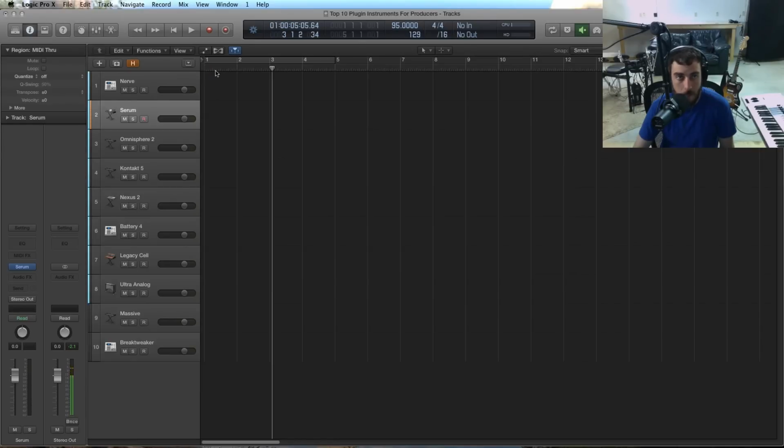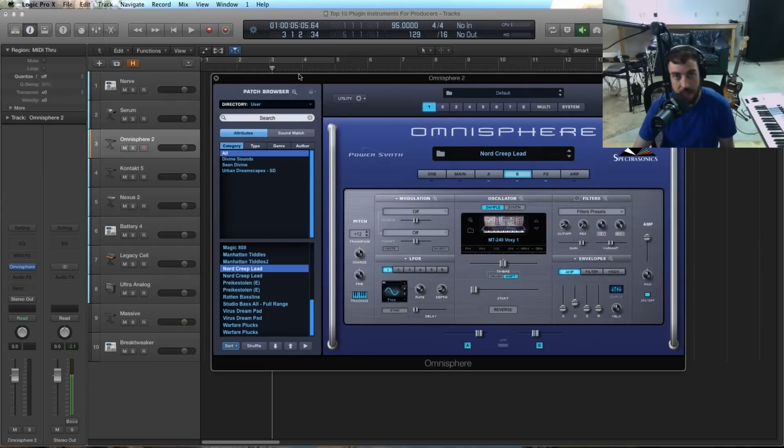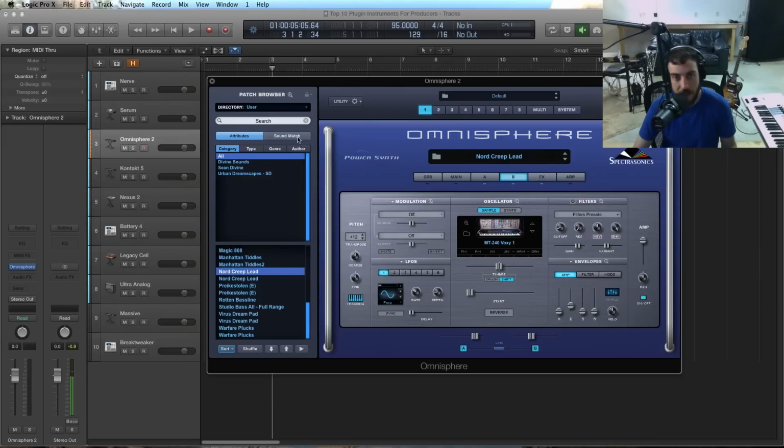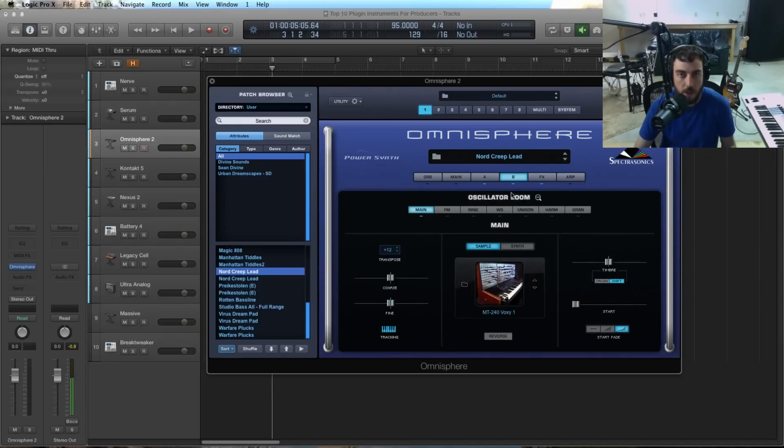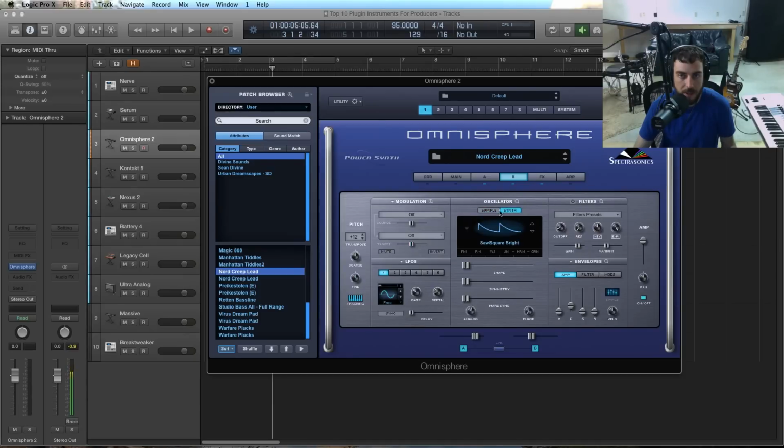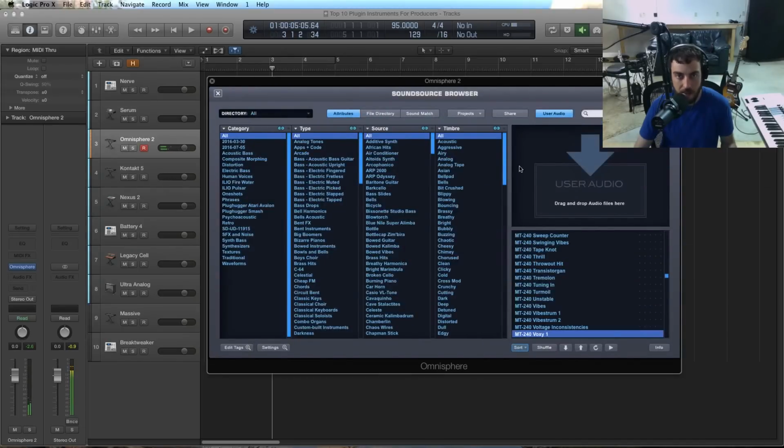So moving on to the next one, this one is deemed the power synth, Omnisphere, for good reason. It is capable of probably the most wide range of sounds in terms of a software synthesizer. You have the advantage of being able to not only use synths and oscillators, but you can also mix them with samples, and it includes an absolutely massive library of different samples, everything from acoustic instruments to odd things like pianos on fire, really weird sources that they recorded, and you mix those in